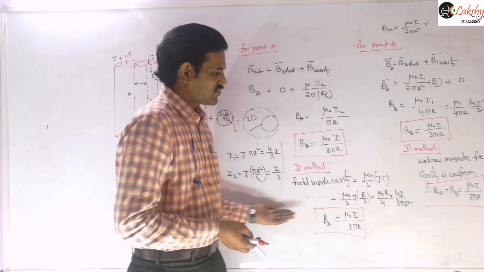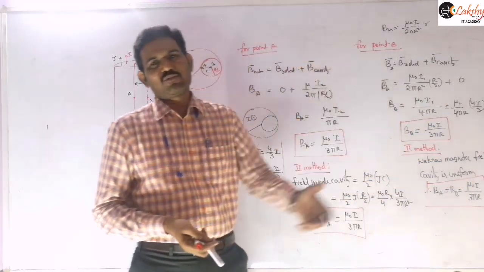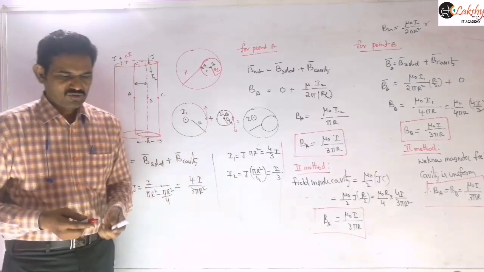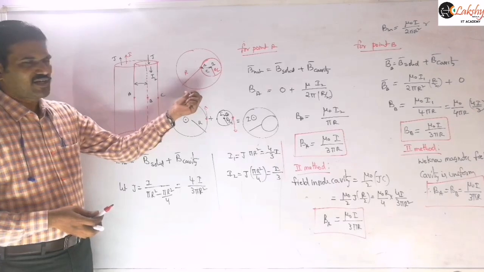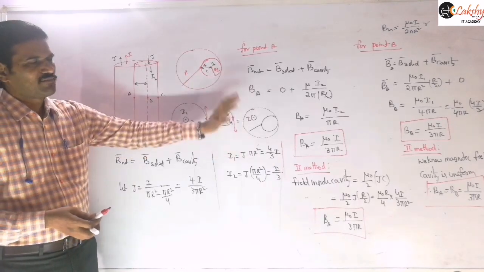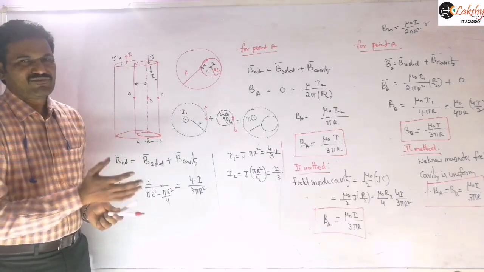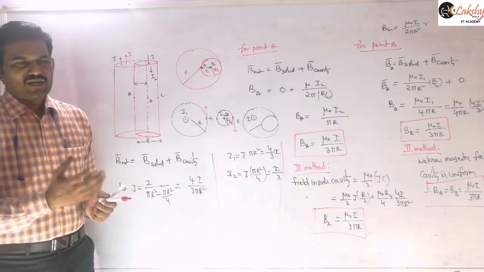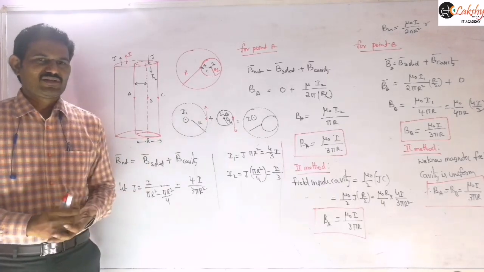So directly by using this concept we can say here, if you remember this concept, the magnetic field at any point inside the cavity will be the same only, right? Even previously what I am saying is, even if they ask about outside, the procedure is the same. We need to write the magnetic field due to the solid conductor and the magnetic field due to this cavity, and we need to add them vectorially, right? That is the procedure to solve these cavity problems here.